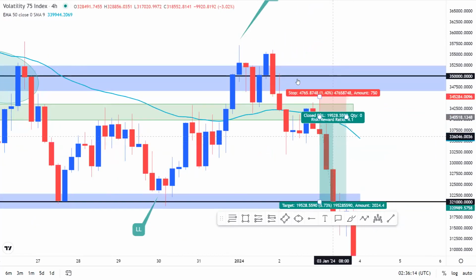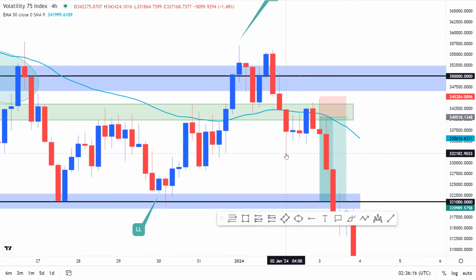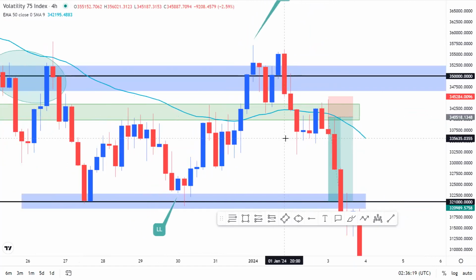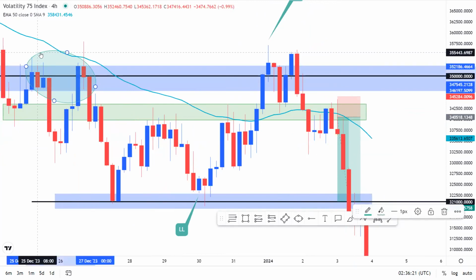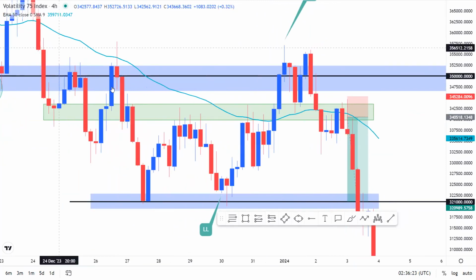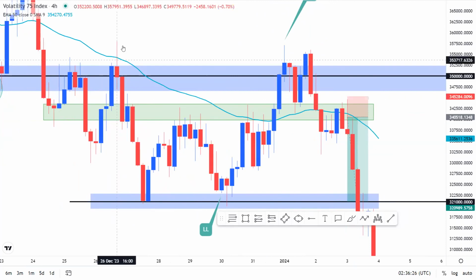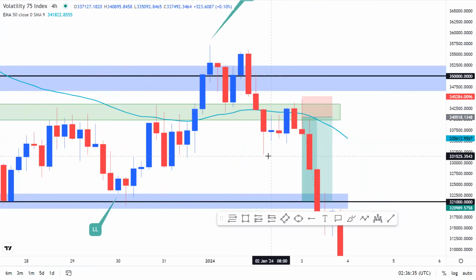From the 4-hourly time frame perspective, we also had a nice break below the 50 exponential moving average. And just like we had here, when we're beneath the exponential moving average, at the retest of the exponential moving average, the exponential moving average acted as what? A dynamic resistance. So at the break of the exponential moving average, clearly we see price from the 4-hourly time frame below the exponential moving average, and then at the retest of the exponential moving average, also present,